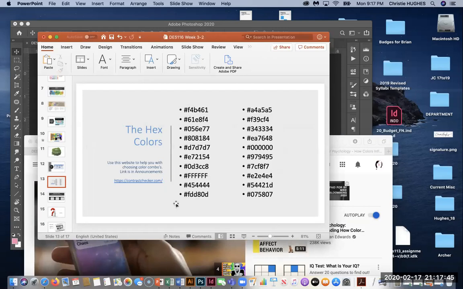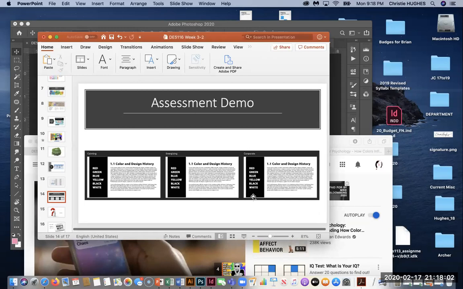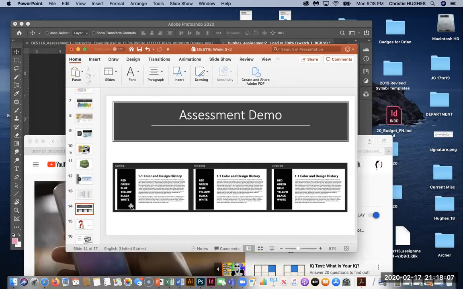So that's really helpful. You might find that to be something that you need for this assignment. Here are a bunch of hex colors that are very helpful as well. And then the assignment demo, I'm going to show you, this was brought up as calming, energizing, and corporate. They're all the same. You would choose, for example, this is similar to how you might set up a website. So if I bounce over into Photoshop,